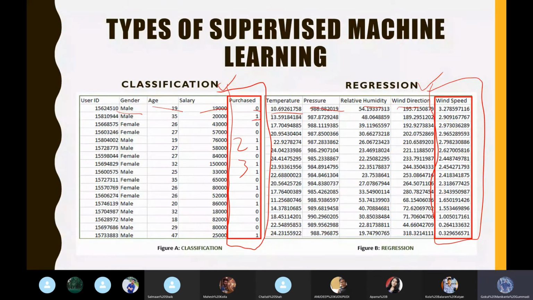So prior to doing supervised machine learning, we need to do data cleaning. We need to understand how the data is and what values it contains. If we have a dependent variable, what values does it have?